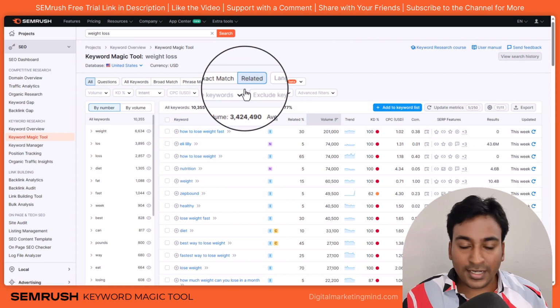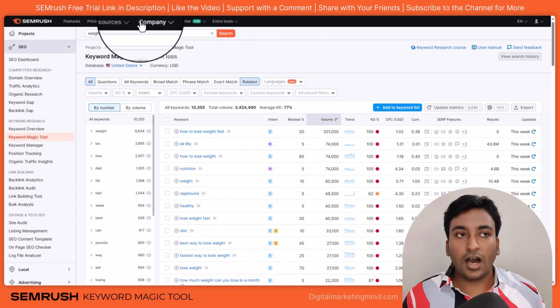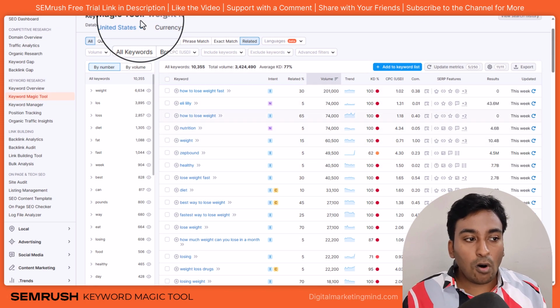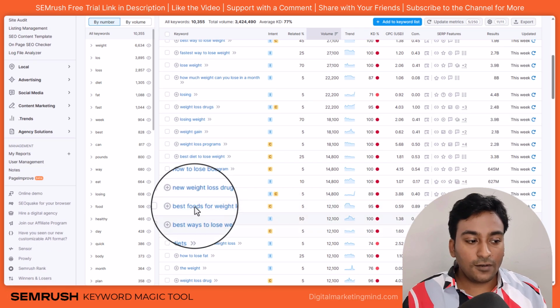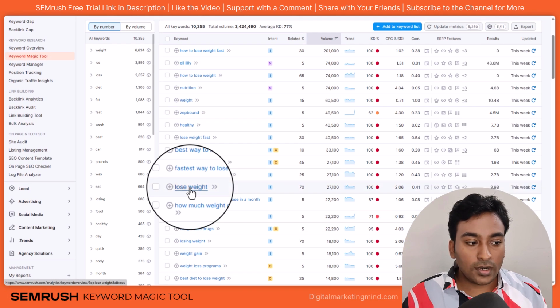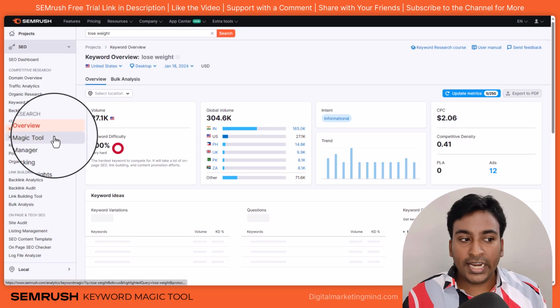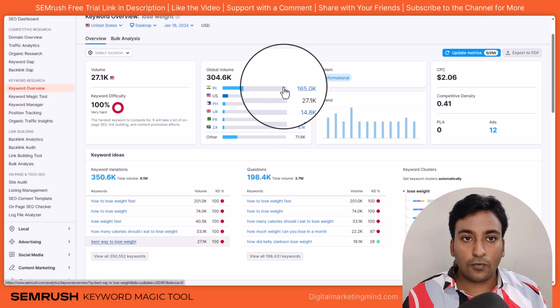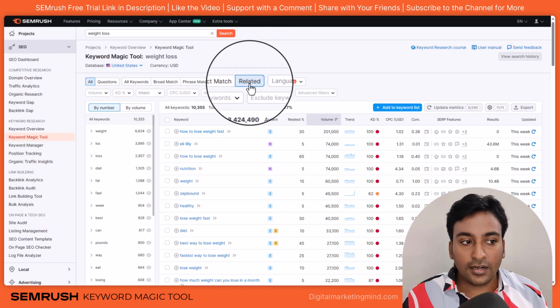Basically, I really like related keyword a lot, because I enter a seed keyword without knowing a subject area. I'm not sure about all the industrial terms or other ways of saying this, but as soon as I type that particular keyword, I have all these other variations. For example, lose weight, or even losing weight, all the different ways. So what I can do is click open any of these keywords, and it will open that data again in keyword overview, and I can start the process again, and it will show me all different keywords from this particular keyword. So I can keep on going like that. So you can understand how powerful this related keyword section is.